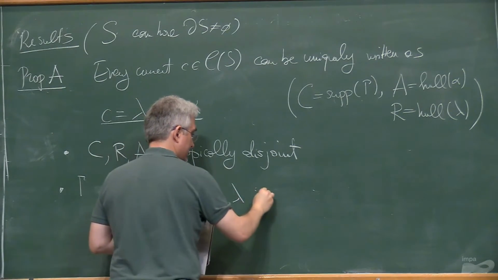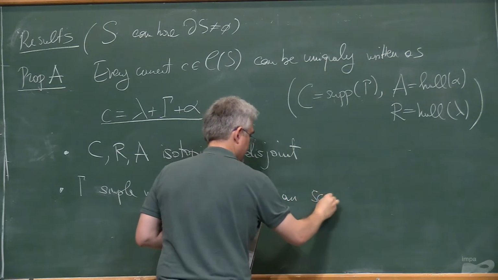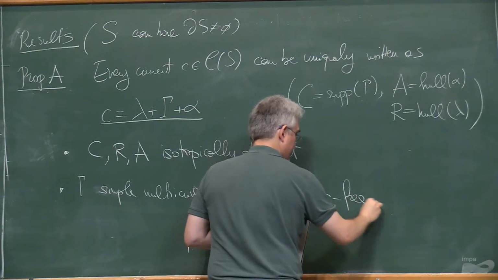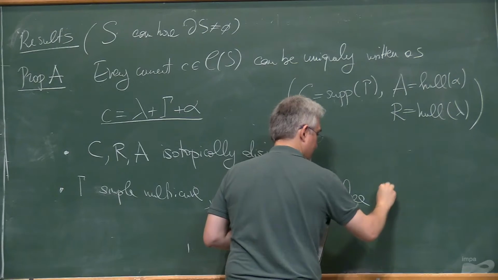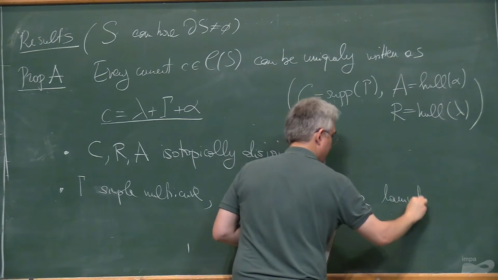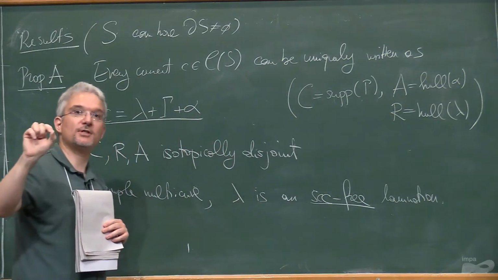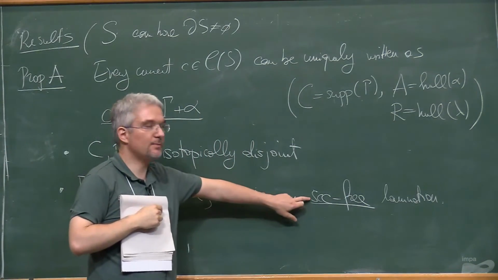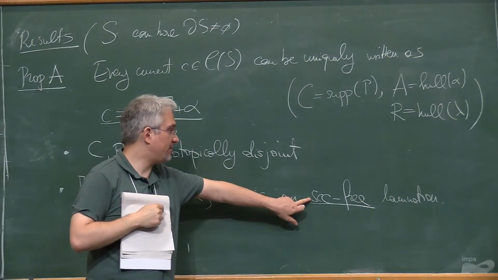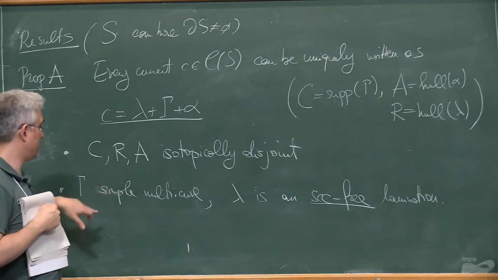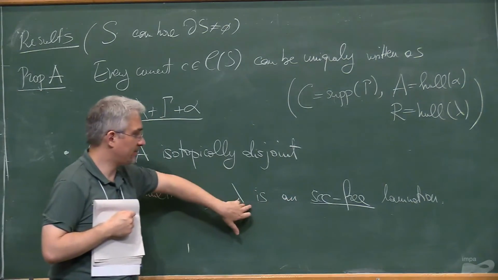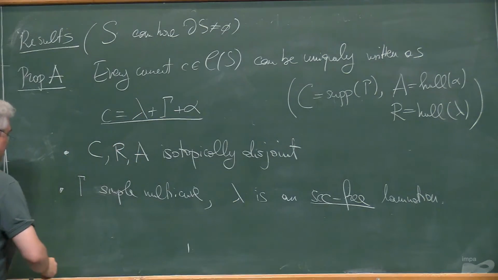Lambda is an SCC-free lamination. So this is a measured lamination. SCC-free means that there are no closed leaves, no components which are simple closed curves, because we have put all simple closed curves inside this, this gamma. So here there are no simple closed curves. And alpha